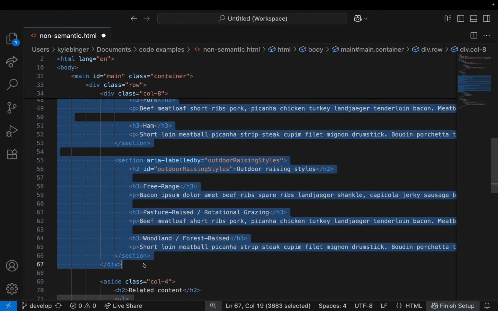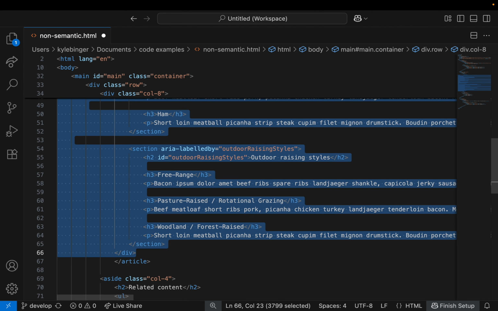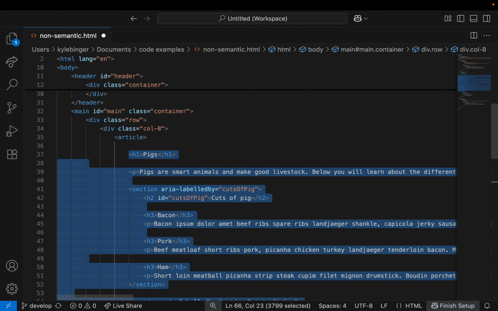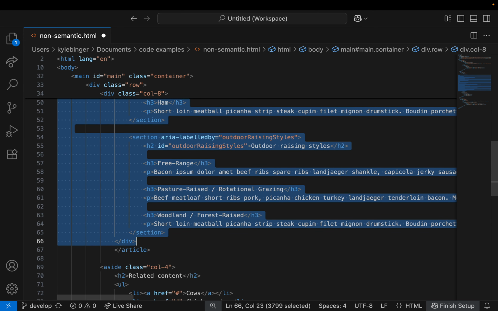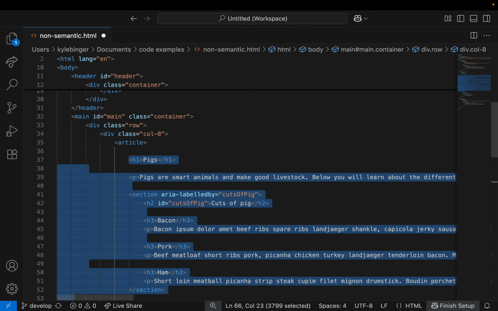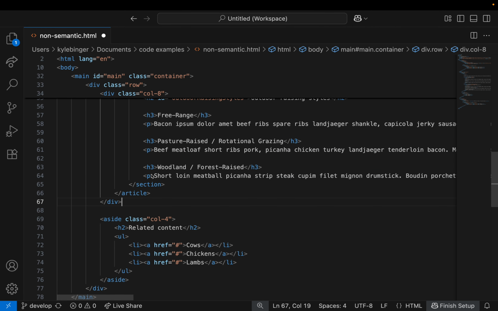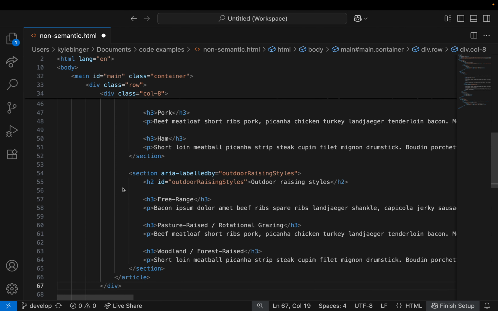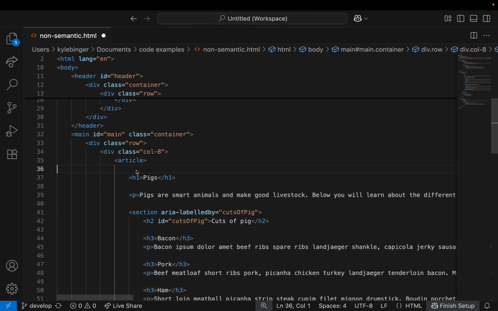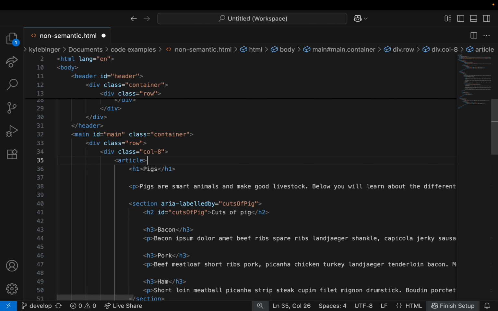And let's take this and see if we can just quickly nest it within the article tag. Fantastic. Section, section. I think this div, there we go, is supposed to live outside of it. Perfect. Now, article is a funny tag. It is semantically correct, but it does not tie back to a landmark role out of the gate. However, there's something that we can do here to still make it distinct for our screen reader to pick up on.